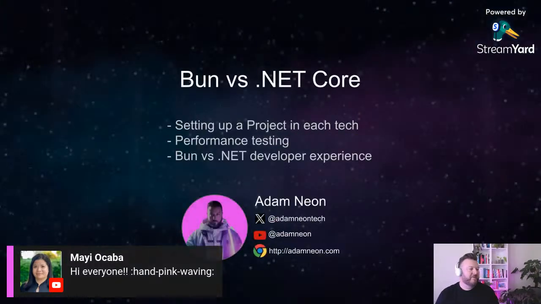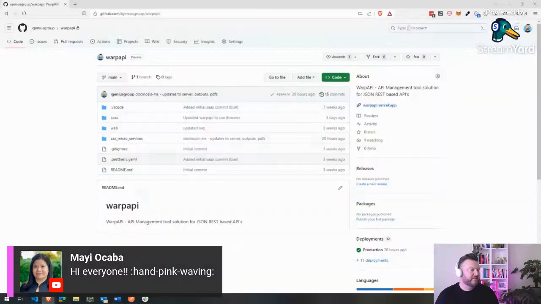And the main reason is to set up a project in each and then to go through those steps. So what I wanted to do was to take us across to GitHub for the moment. And probably the first thing I want to show you guys is, as we're using Bun, one of the things that we need to be conscious of is that the majority of the workflow is done, or probably the best developer experience is on a Linux machine. If you've got a Windows machine, it means that you can install WSL, which is kind of like a Linux operating system on Windows, but I found the better experience is with